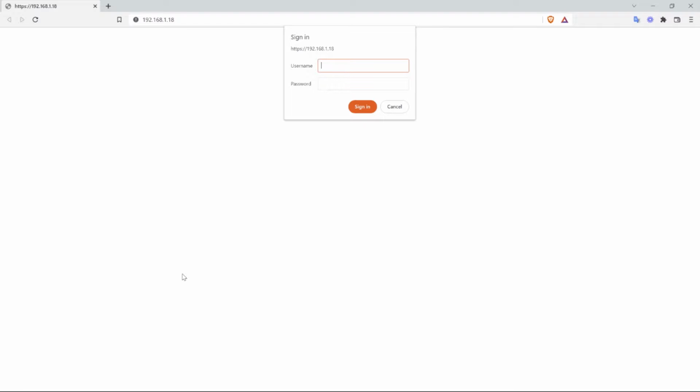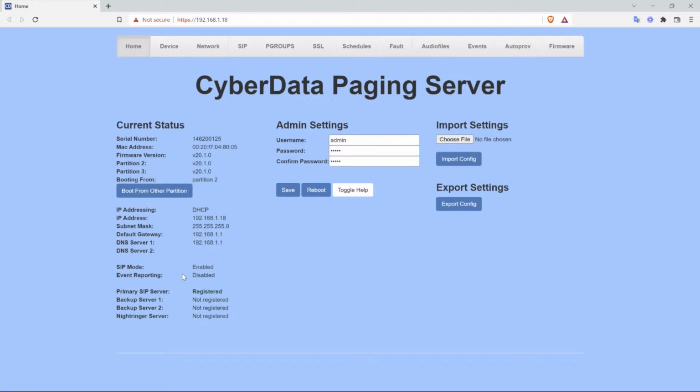And when you click that open browser button, it's just going to go ahead and open the web page for the CyberData device in your preferred browser. And we'll log in. The default login information for any CyberData device is going to be admin, admin, both lowercase. And after signing in, the web page will briefly load here for a moment, and you'll be greeted with our